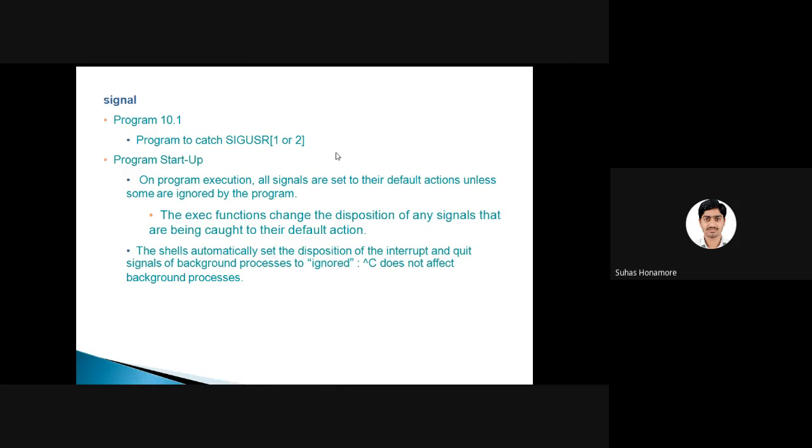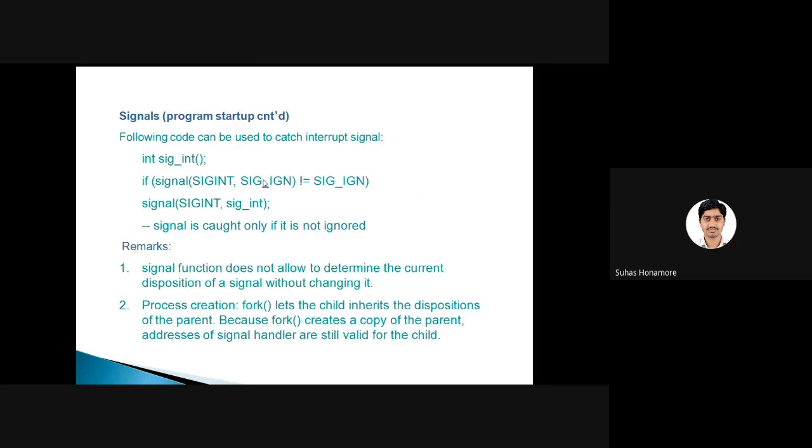Okay, now we'll see one more example. Here there are SIGUSR1 and SIGUSR2. Those are two signals provided by the Unix standard. We'll see how we have to use them. So here we will see one program with SIGUSR1 and SIGUSR2. These are two signals that users can generate. For that, we will see how we can write the common handler.